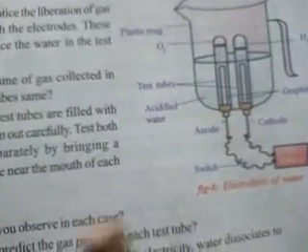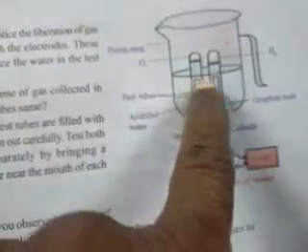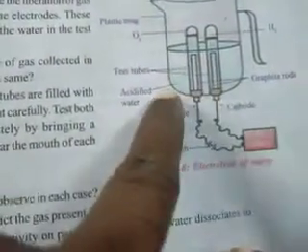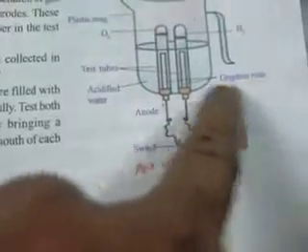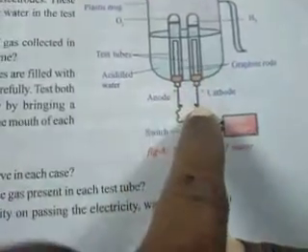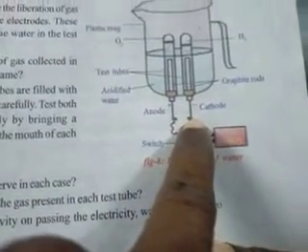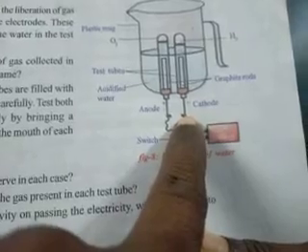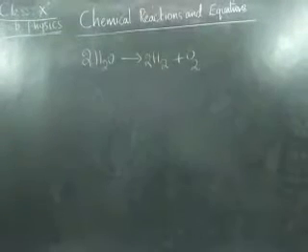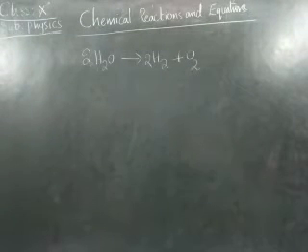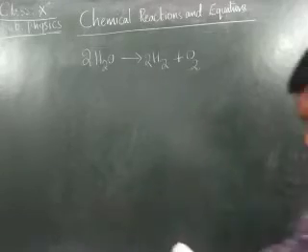Here we can see the plastic mug, O2, H2, two test tubes, acidified water, which means salt added water, and two graphite rods. Graphite is what the pencil lead is made of, and here it serves as anode as well as cathode, children. Like this, on passing electricity through water, it can be decomposed into hydrogen and oxygen, children.